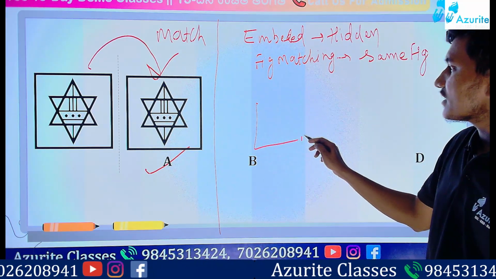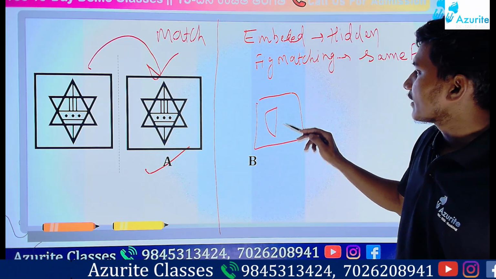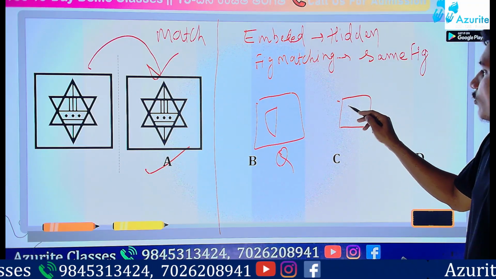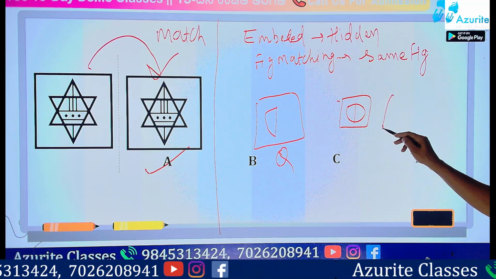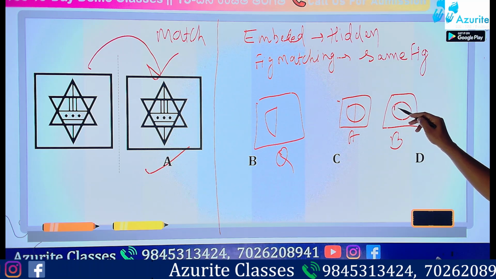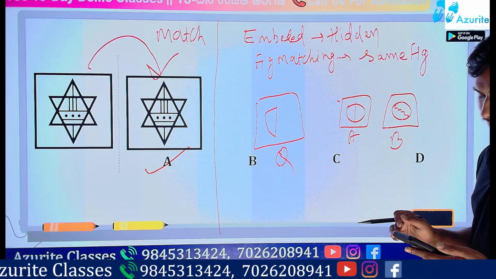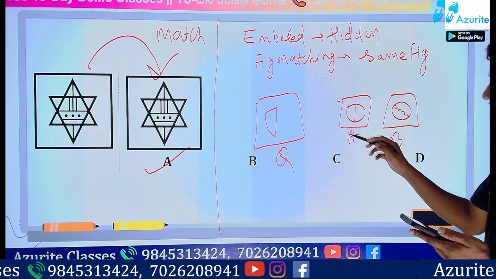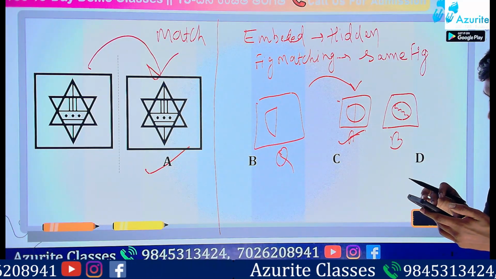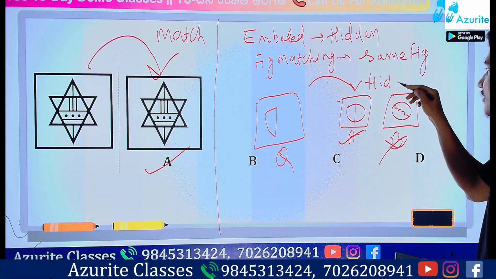And embedded figure means like this. There will be a half circle here, and in the question, in the ABCD options, this is the question. In the options it will be a full circle and one half, and then the second option, A, and then B option will be like this. So A or B, where is it hidden? It is hidden in A, right? So A is the answer, not B. B is a little curvy, not possible. So it is hidden in this. So that is the difference.